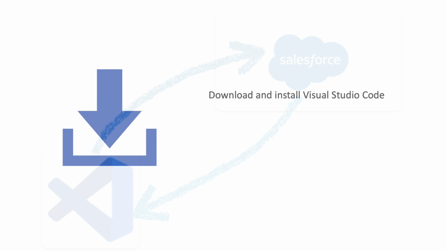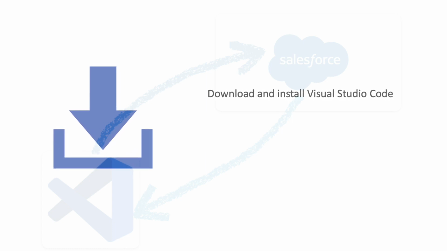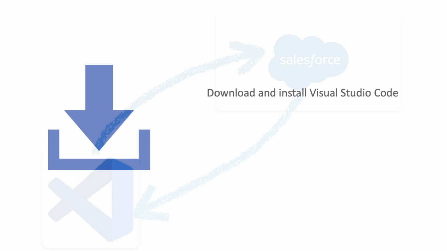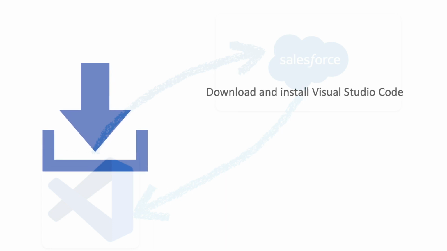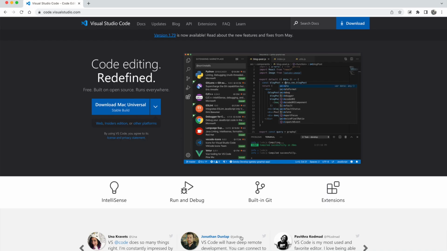First step is to download and install Visual Studio Code, a lightweight, powerful code editor. If you do not already have it on your system, you can find the installation package on the official website, code.visualstudio.com. It will show you a download button based on your operating system. Once you have downloaded the installer, run it and follow the on-screen instructions to complete the installation process.